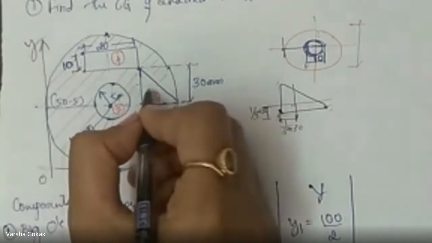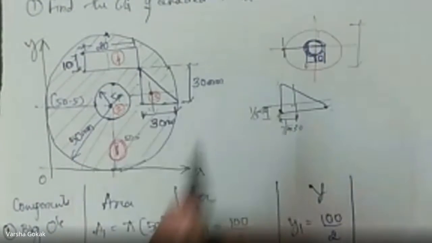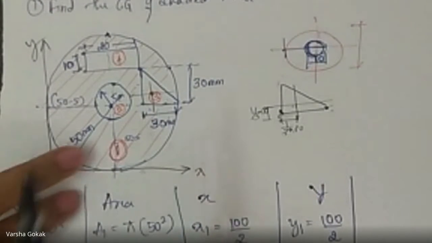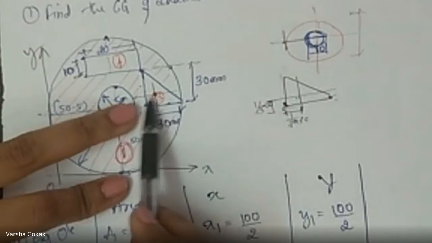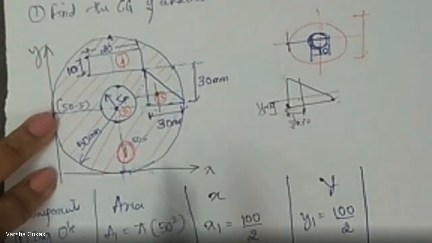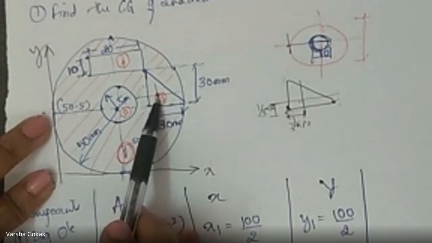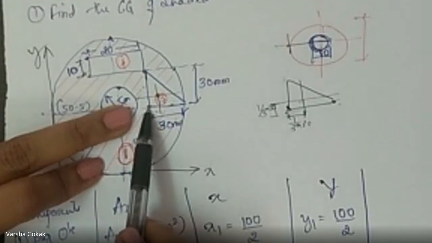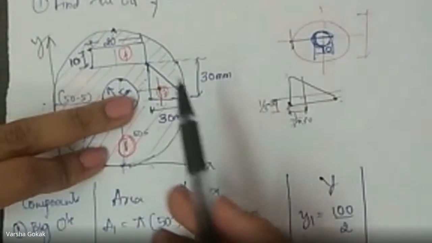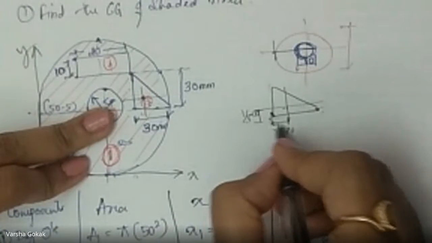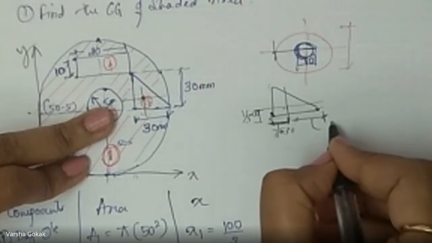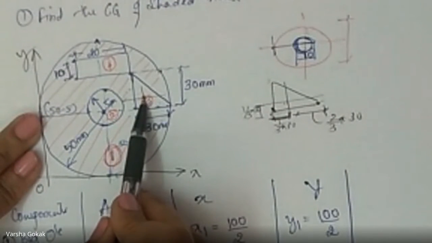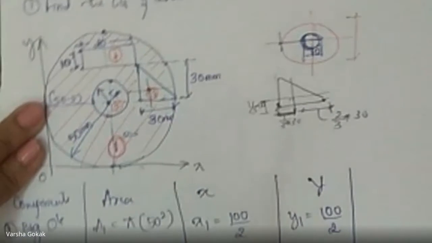Here, look into this figure now. Somewhere is our CG, this point, correct? But my reference axes are here, so I have to add the extra distances. How do we add now? CG is this, so my total x value for a triangle is going to be from here to here. That is this. I have to add this, then I have to find this extra distance and then add this 1/3. Or in a triangle, I know that this is 1/3. Remaining is how much? 2/3 of 30. I will take total diameter and minus 2/3 of 30. I will directly get this distance.